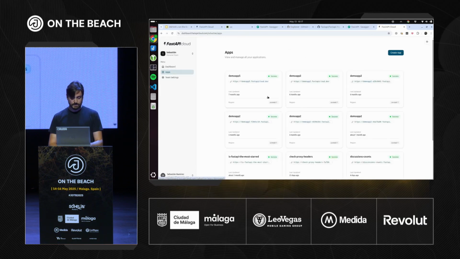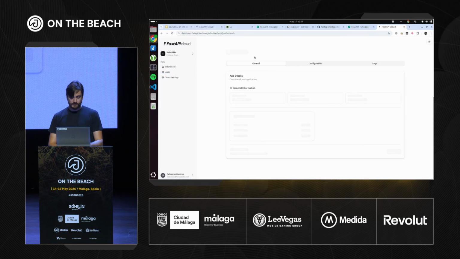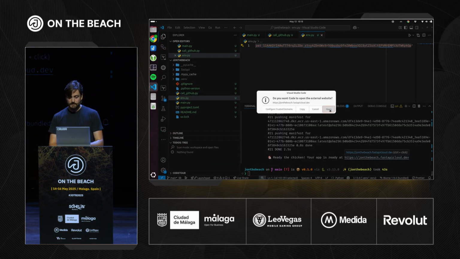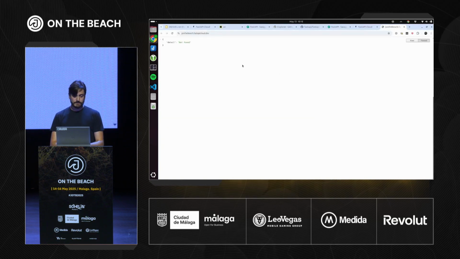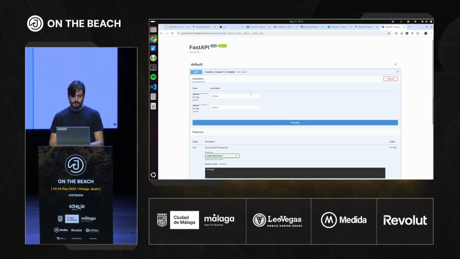Before we go there, let me go and check here in the apps. I have a bunch of demo apps here. J on the beach, here's this one. So we have like a bunch of stuff here. We'll have some logs in a little bit. And if I go and open this here, we should see the response, details not found. So we can go to the docs. The owner is, so we are looking at this. This is live. This is already deployed. This is already on the cloud.